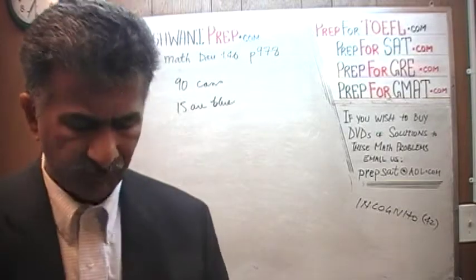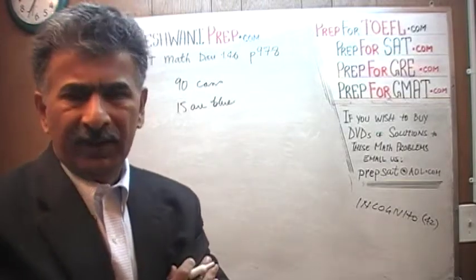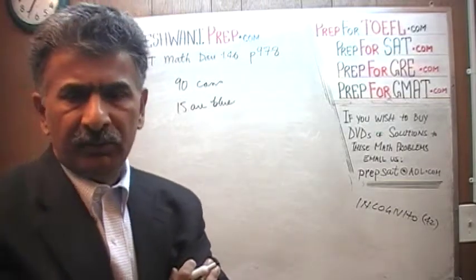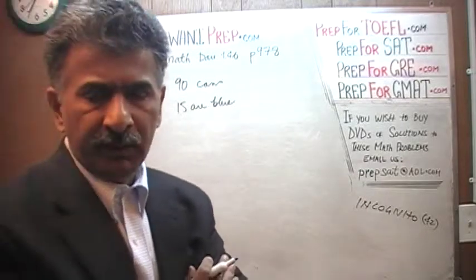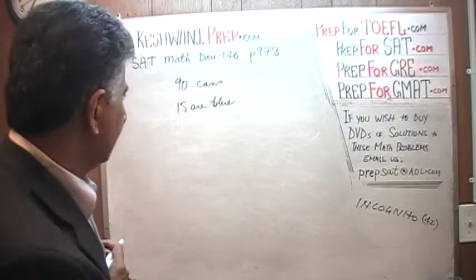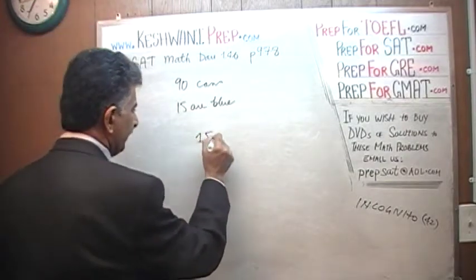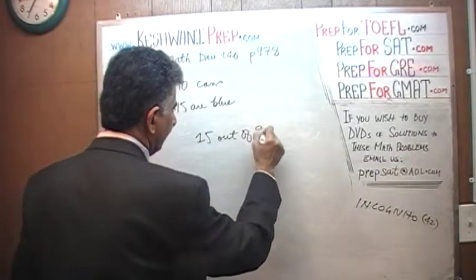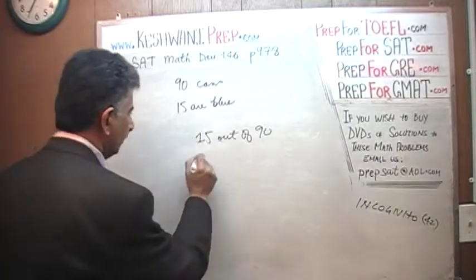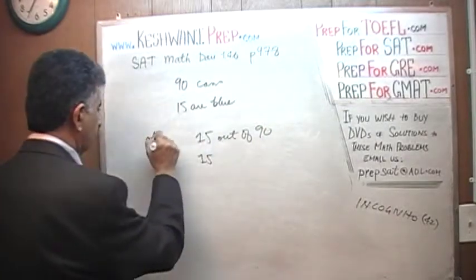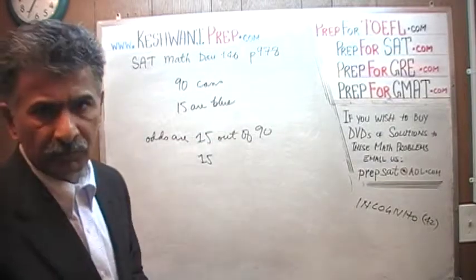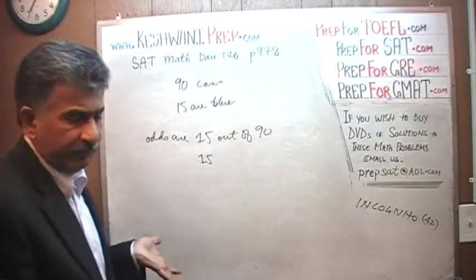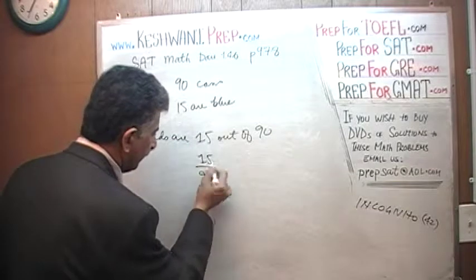Oh, they're making too much fuss about nothing at all. They're simply asking what are the odds that the document that you throw away is going to be in a blue can if there are 15 blue cans out of 90. Well, it's just 15 out of 90. The odds are 15 out of 90 that the document that you threw away is going to be in the blue can because there are 15 blue cans. 15 out of 90, divide top and bottom